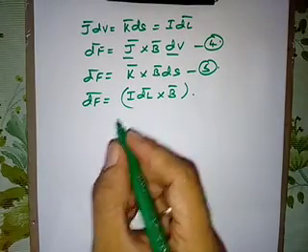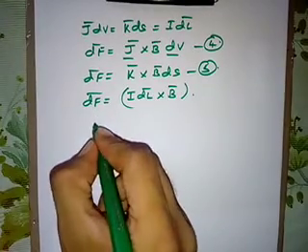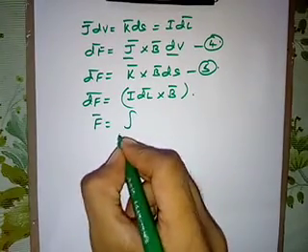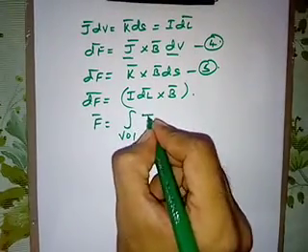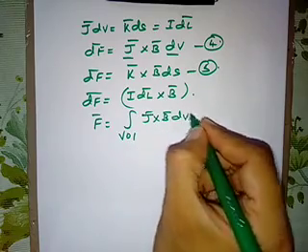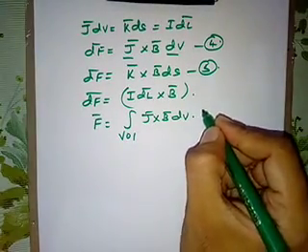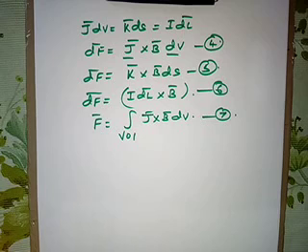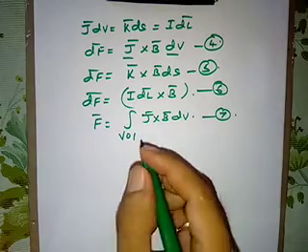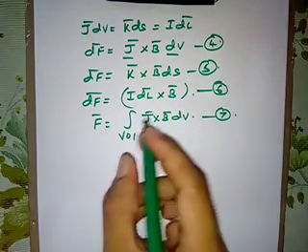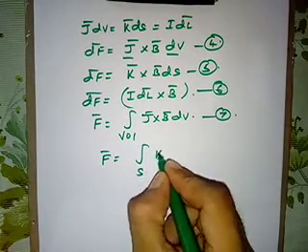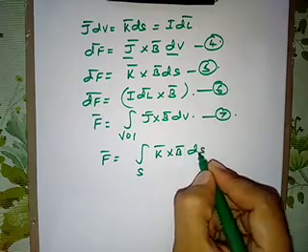Now integrate equation 4 over a volume. If we integrate this equation over a volume, we get F bar is equal to the integration over the volume of J bar into B bar with respect to dV. Take this as equation 6 and the line-element form as 7. Similarly, if we integrate equation 5 over a surface, we get F bar equal to the integration over the surface of K bar into B bar ds. Take it as 8.